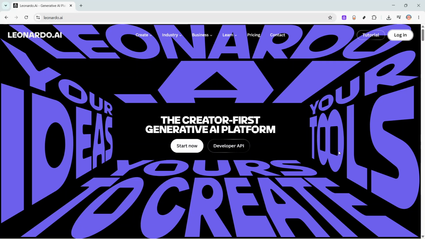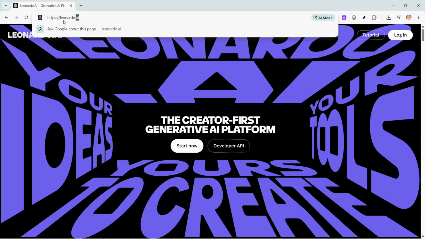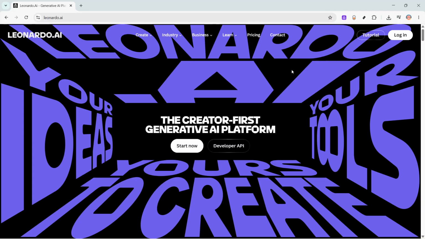First, open your preferred web browser. This can be Chrome, Safari, Edge, or any other modern browser you like using. In the address bar at the top of the screen, type in leonardo.ae and press enter. This will take you to the official Leonardo AI website. Give the page a moment to load fully before you continue, so that all the buttons and menus are visible